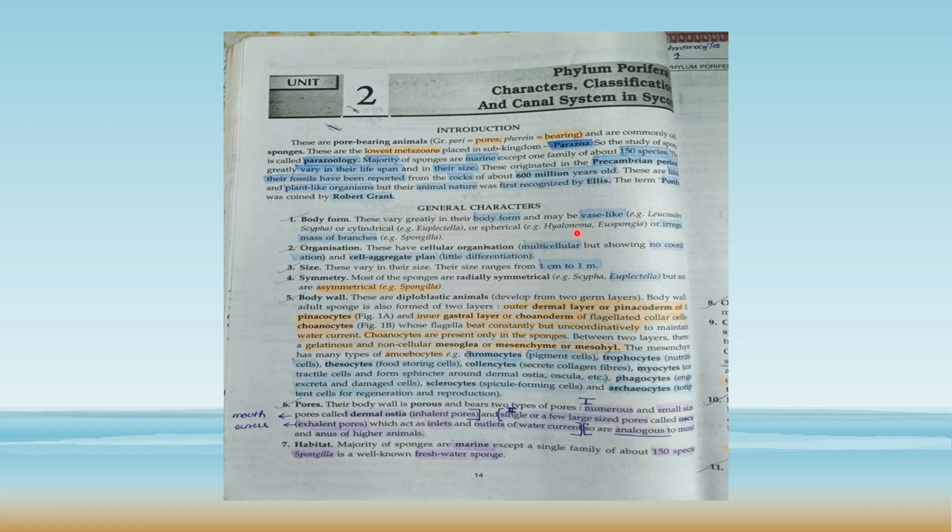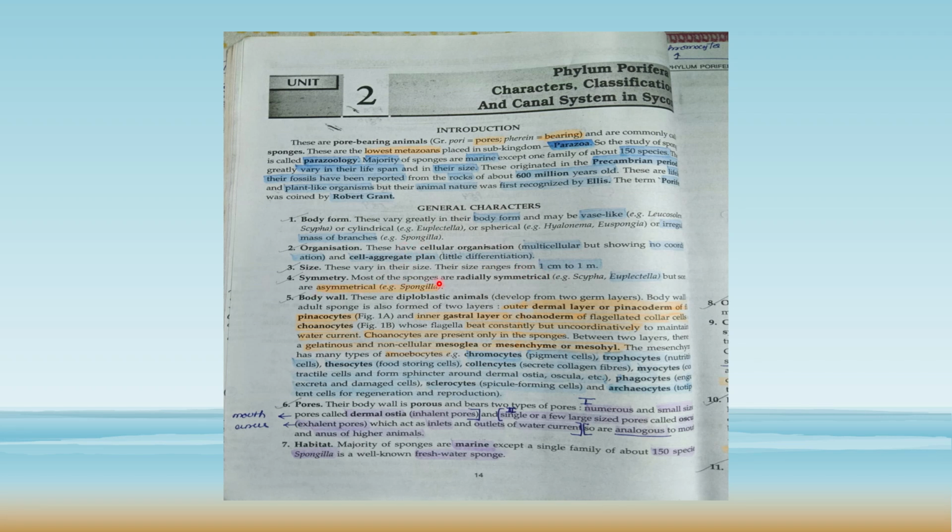Body forms. Body forms may be vase-like, like a flower pot, and the example is Leucosolenia, Scypha. They may be cylindrical like Euplectella, spherical like Hyalonema, Euspongia, or an irregular mass of branches like Spongilla. You have studied in class 12 that there is Spongilla, and this is asymmetrical. Now, organization: they have cellular level of organization, that is, they are multicellular but show